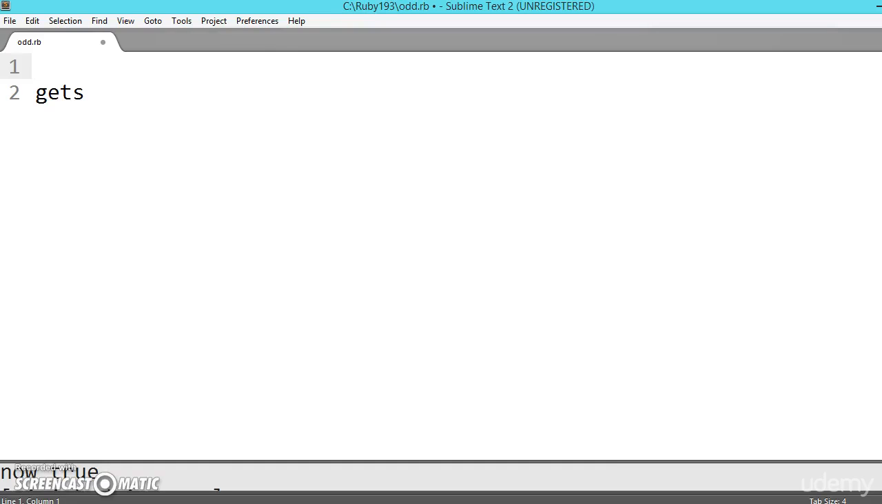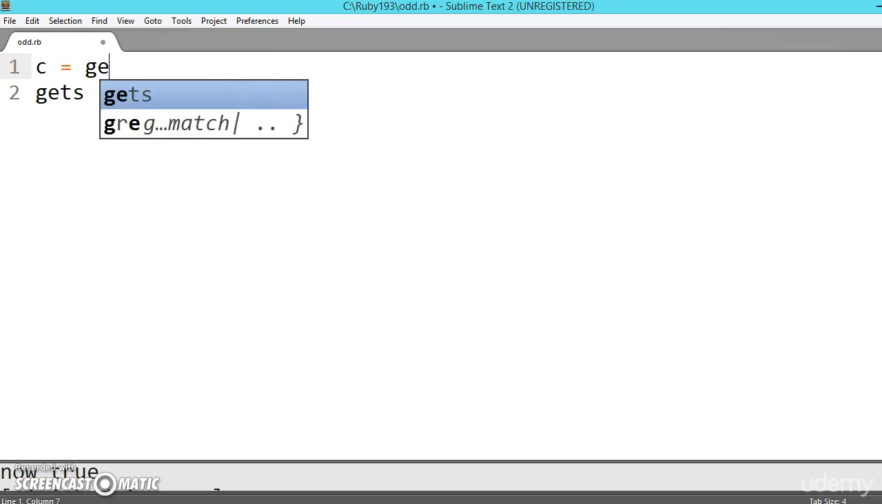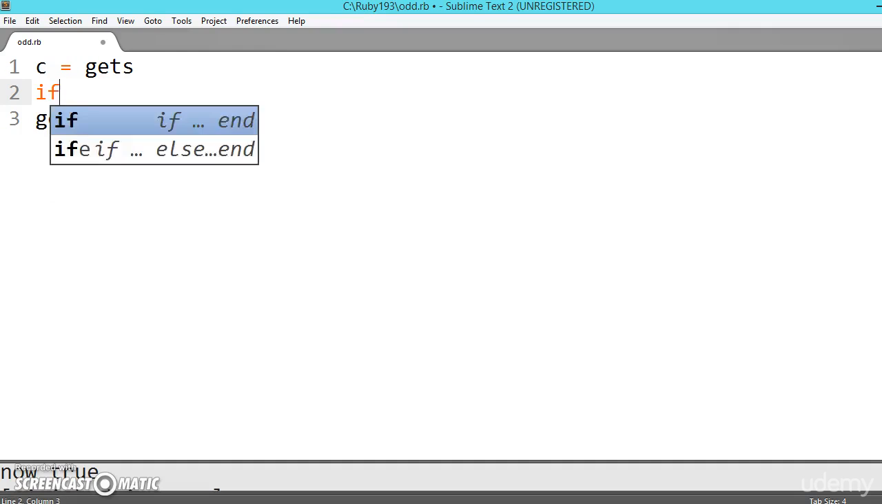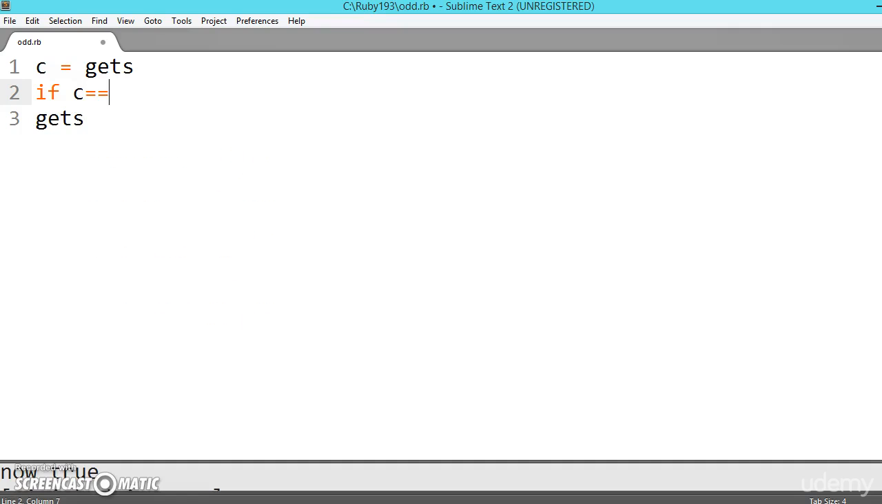Now let us write a program which prints out whether the user entered character is a vowel or consonant. So for that, let us consider c is equal to gets. We are not converting into integer, so only c = gets. Now we are checking c == "a",